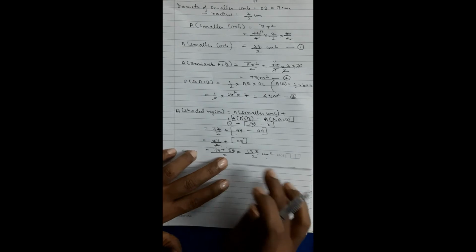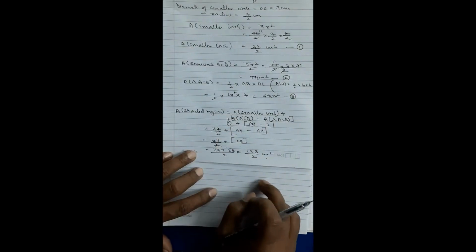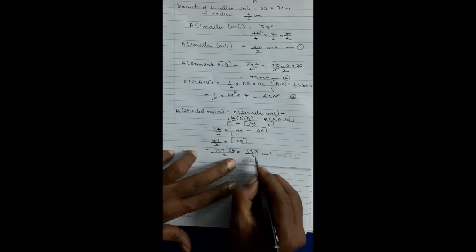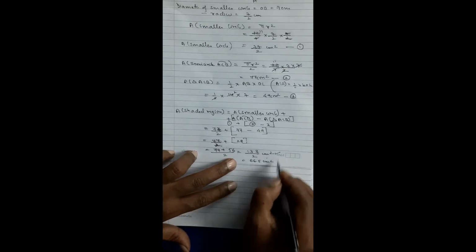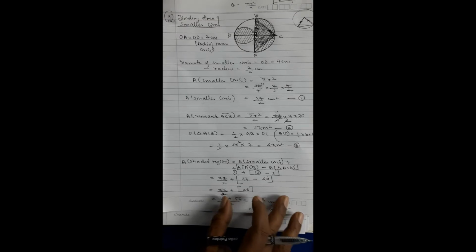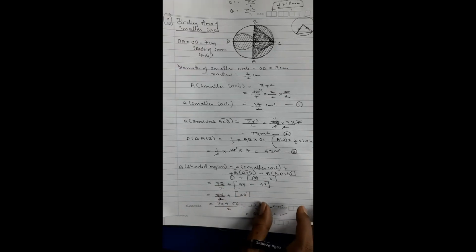Centimeter square. This is the area of the shaded region, my dear students. If you want, you can even write this as 6 to 12, 6 to 12, to 6 to 12.5 centimeter square. You can write anything, my dear, this or this, but this is right. I was worried about the slightly awkward looking answer, but I hope you all are getting what I am doing.